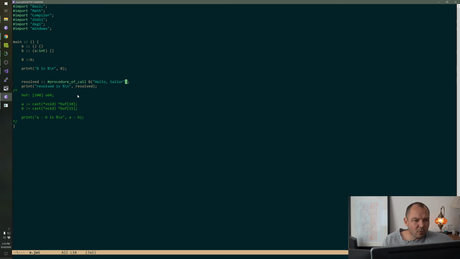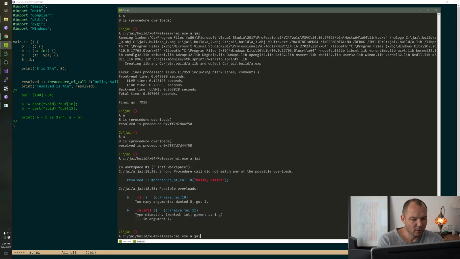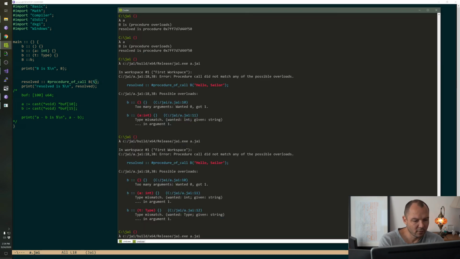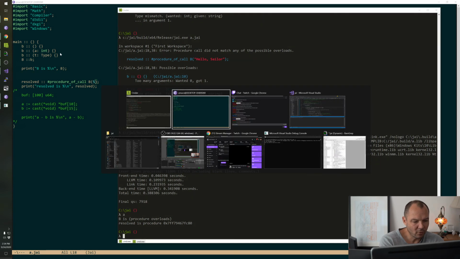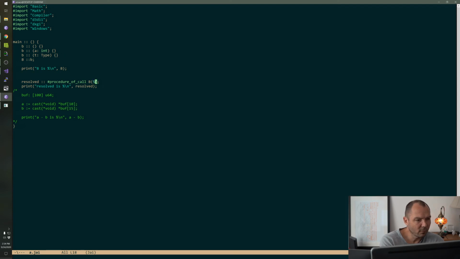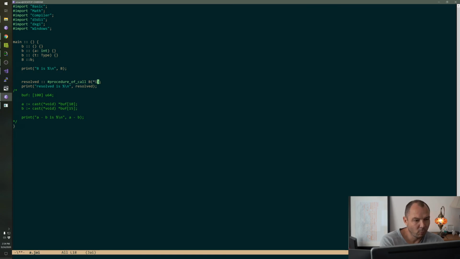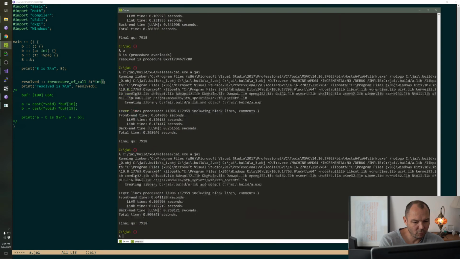No. You mean here, like if I add another like that? That should still work. Hold on. The hello sailor won't work because there's still no string version, but there's nothing magical about type, right? So that'll resolve to a different one, and then pointer to int, that'll resolve to a different one.